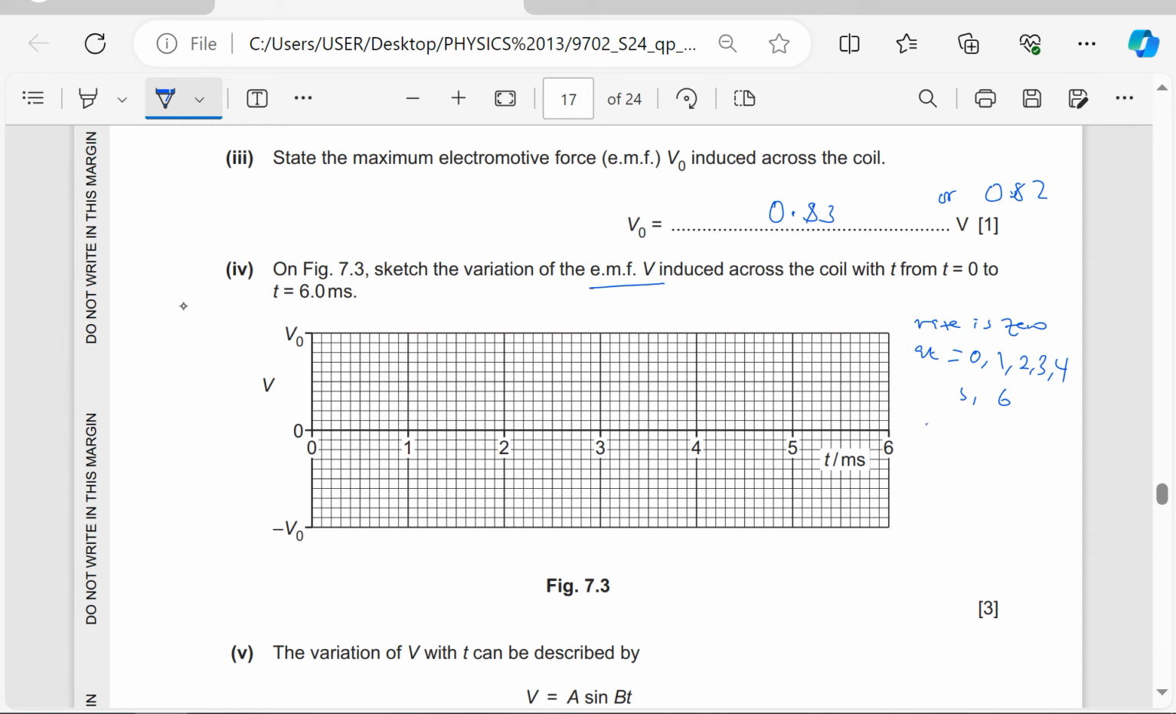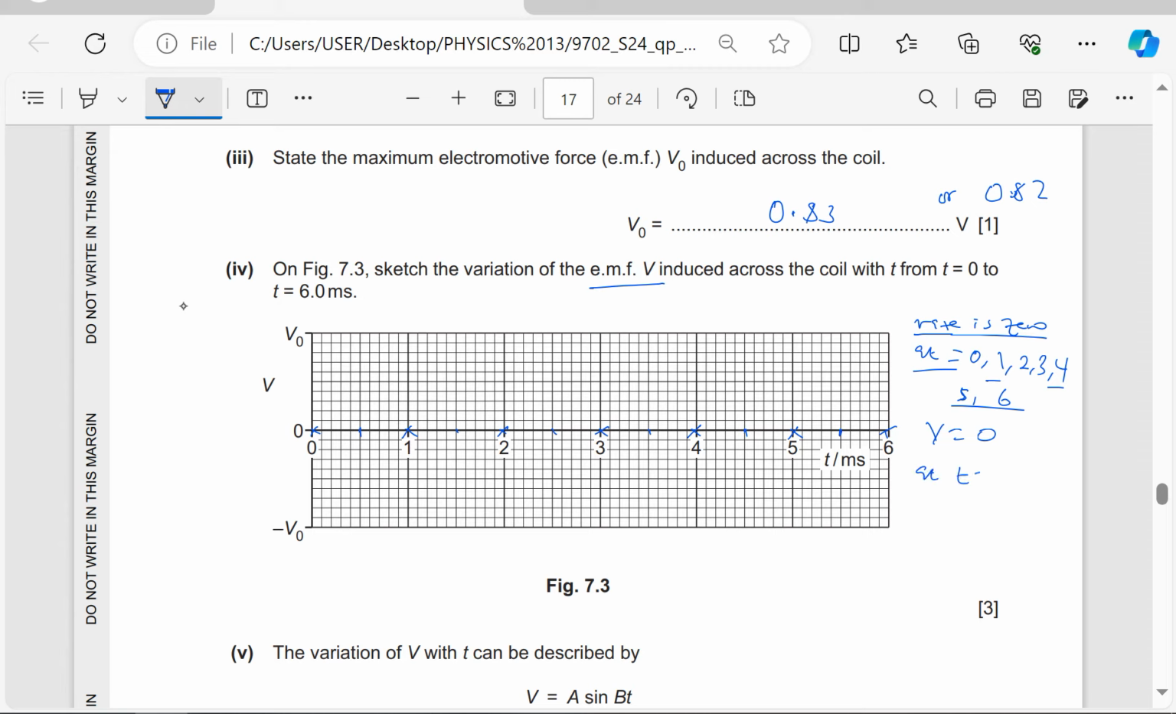That means V equals 0 at those values of T. Because the rate is the gradient and the gradient is 0 at these values of time, it means V is equal to 0. Then the rate in between here, 1, 2, 3, 4, 5. In between here